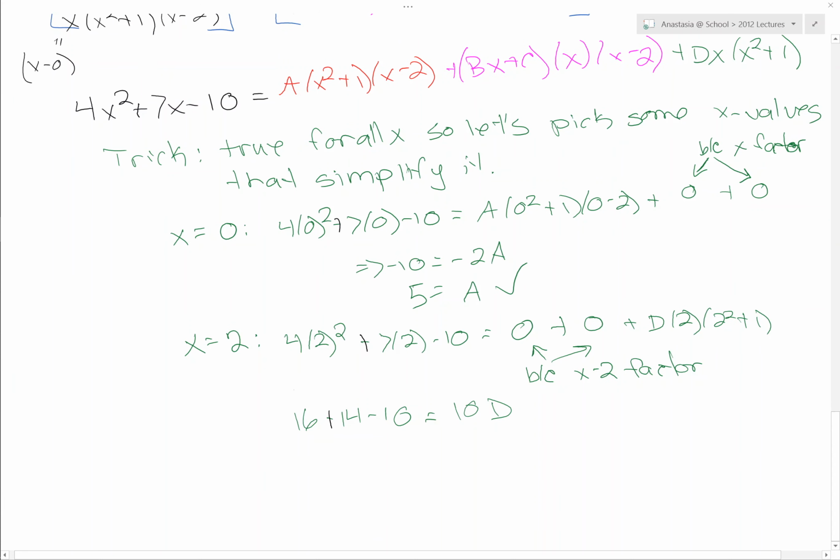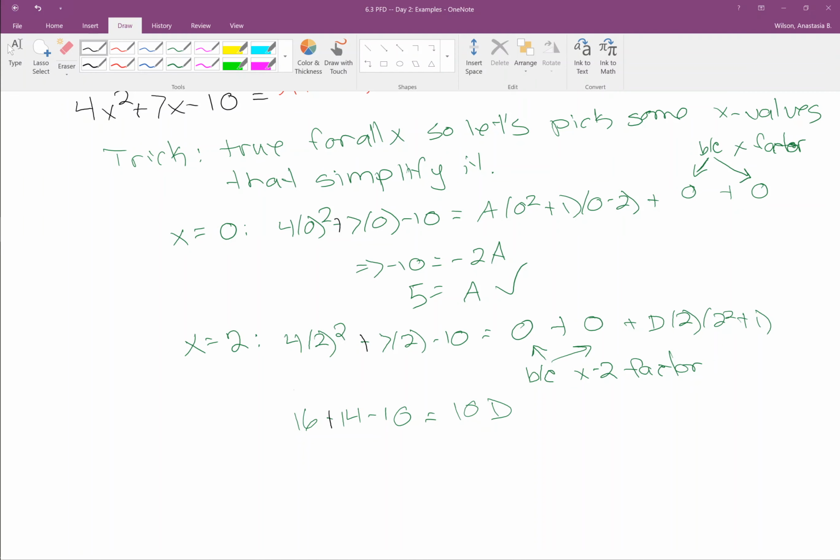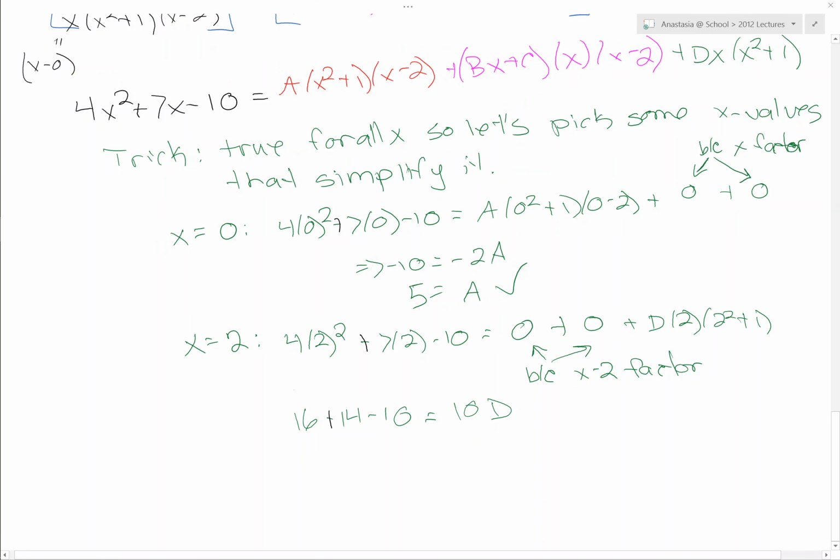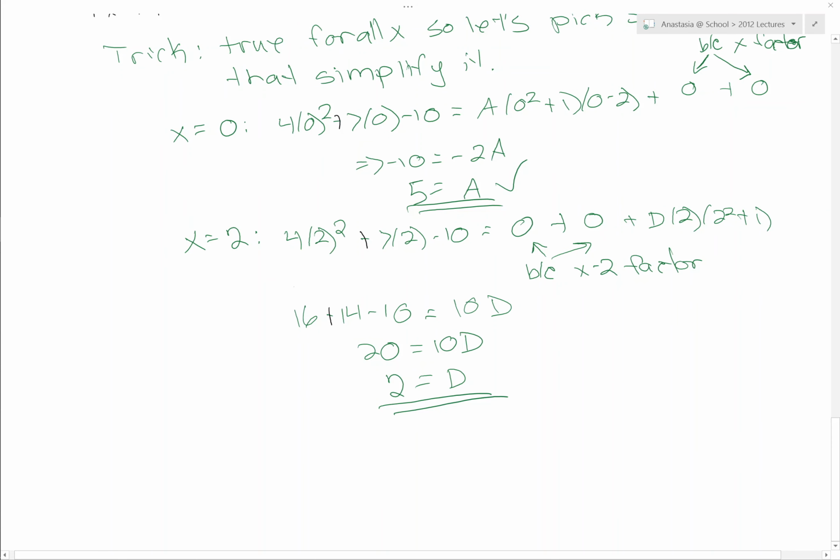Okay, so now on the left we're going to have 30 minus 10, which is 20. That's equal to 10D, so D is equal to 2. Okay, so we have 2 of our values. Unfortunately, we can't find what B and C are using this trick, because there's no other x values we can plug in to zero out the x squared plus 1 term. So, to find B and C,